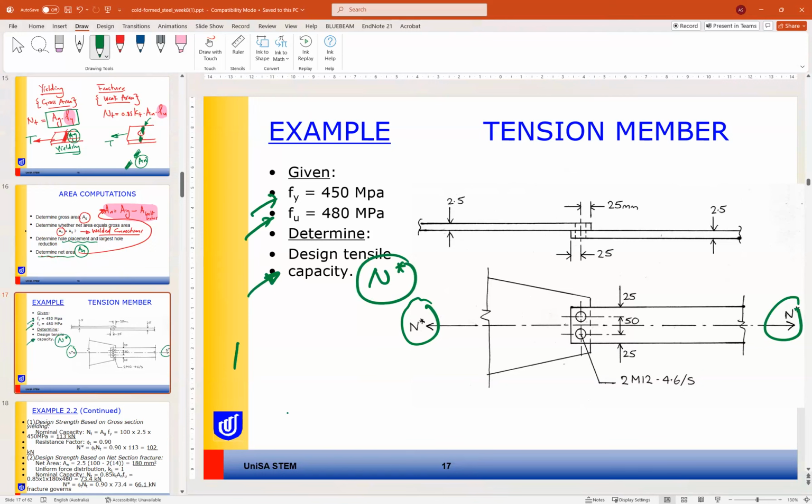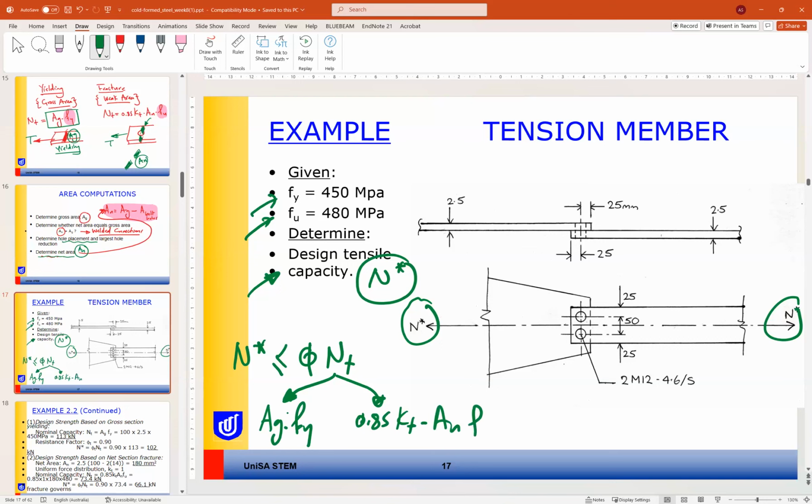N asterisk should be less than phi NT, where NT can be according to one of those: A gross times F yield and 0.85 times KT times AN times FU. Okay,